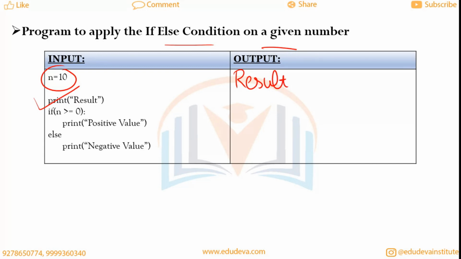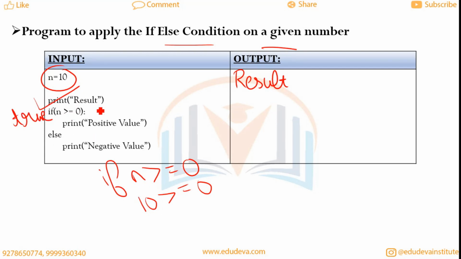After that, we need to execute the if statement, and the condition given in the if statement is whether n is greater than or equal to 0 or not. So we will check if 10 is greater than or equal to 0 or not. As the given condition is true, because 10 is always greater than 0,